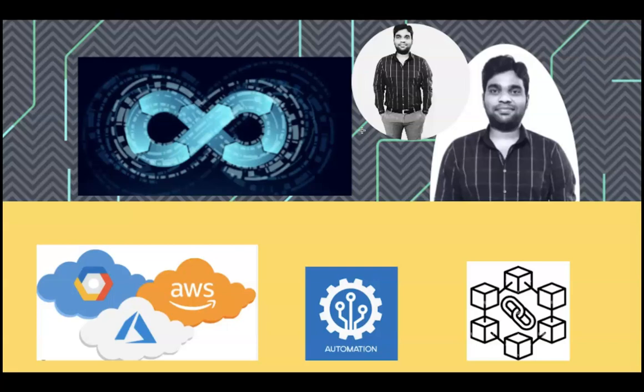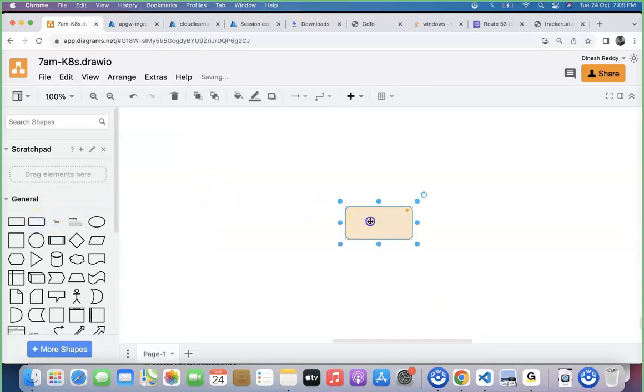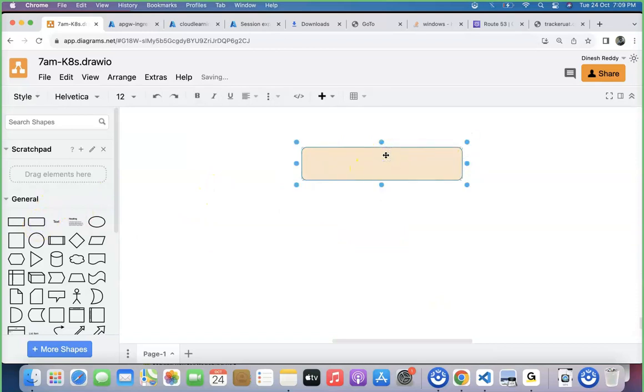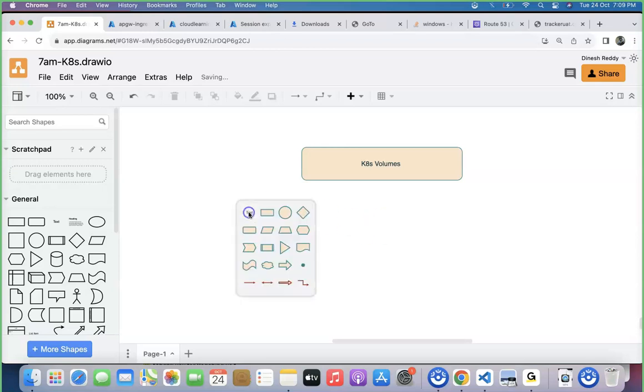Welcome back, team. In this particular session, we are going to understand especially about the volumes, okay? Kubernetes volumes. Before going and discussing the Kubernetes volumes, we should understand the terminologies which are involved in this particular topic. Those are